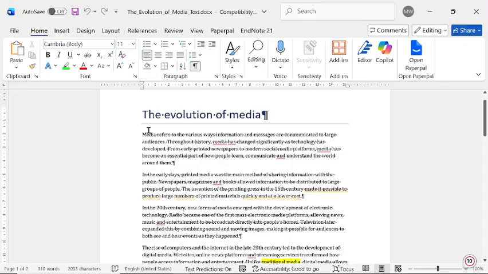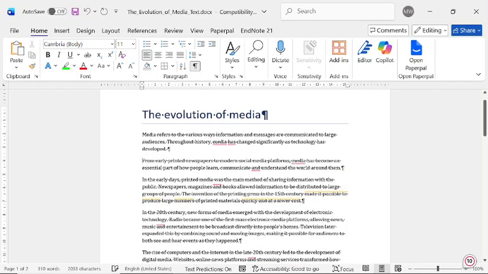So for instance, here we've got a few sentences which are all connected by one enter press, and this icon here is our show and hide option, and this is mostly used for formatting. However, if I were to press enter and take this one sentence away from these, this is now seen as its own paragraph even though it is only one sentence.